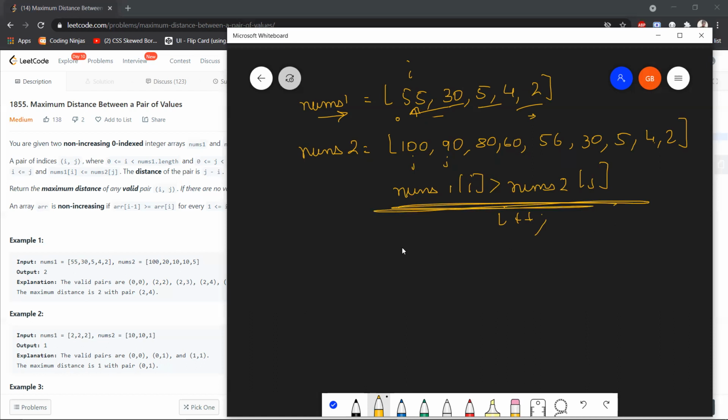What will form a valid pair? If this is the if, then our else will give us the valid pairs, right? And now we actually are iterating over every valid pair, right?